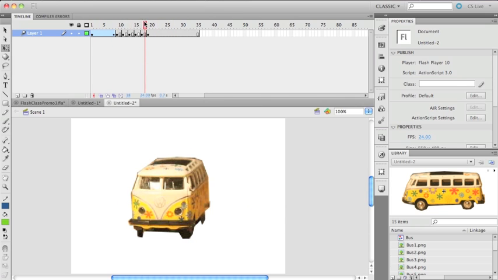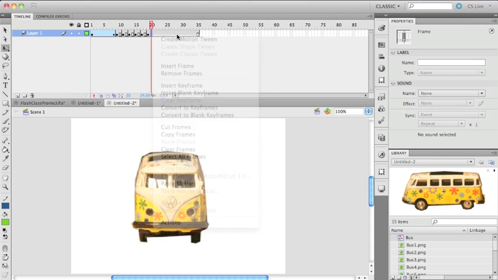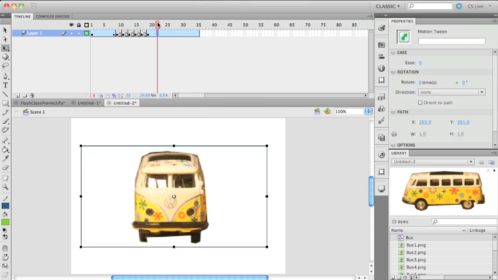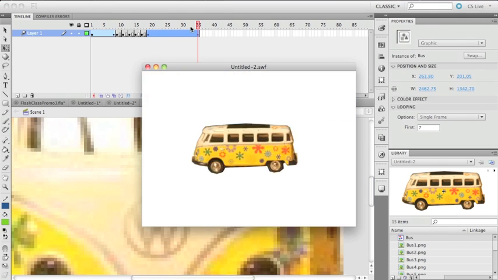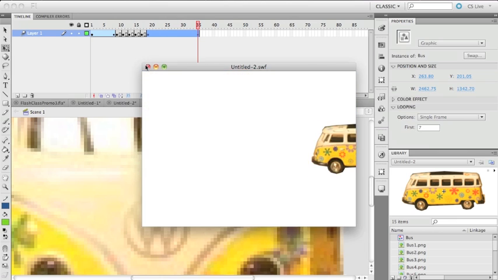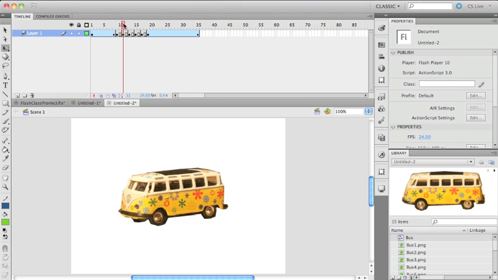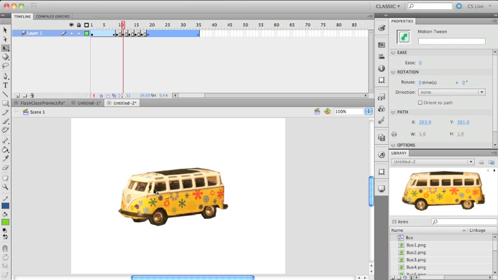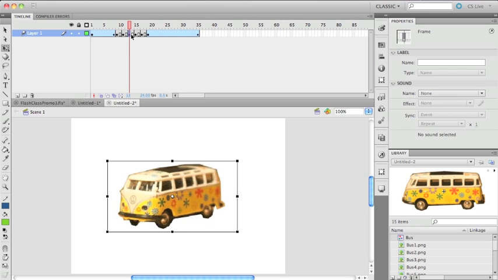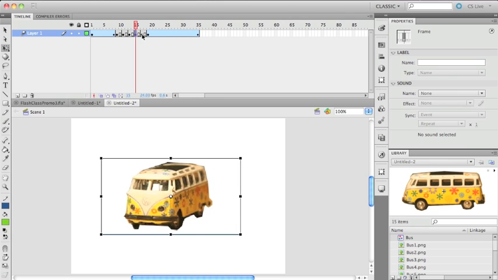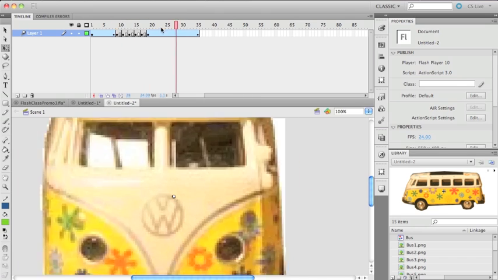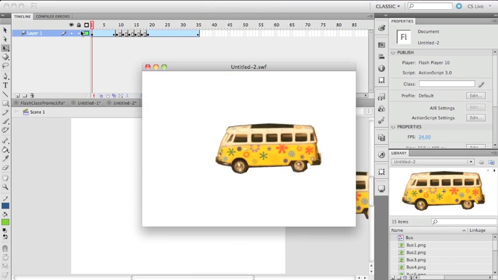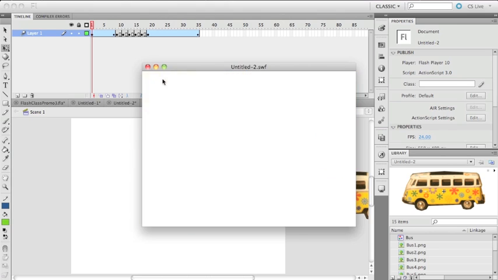And then from here, I'll just add more, create motion tween. Whoops, create motion tween, and just zoom that guy all the way in. All right, so let's see what we get. Okay, so I have to work on that turn, maybe if I push it off to the side a little bit. Let's see if that works. Okay, that feels a little better. So again, this is a little wonky. It needs some work, but you can see how